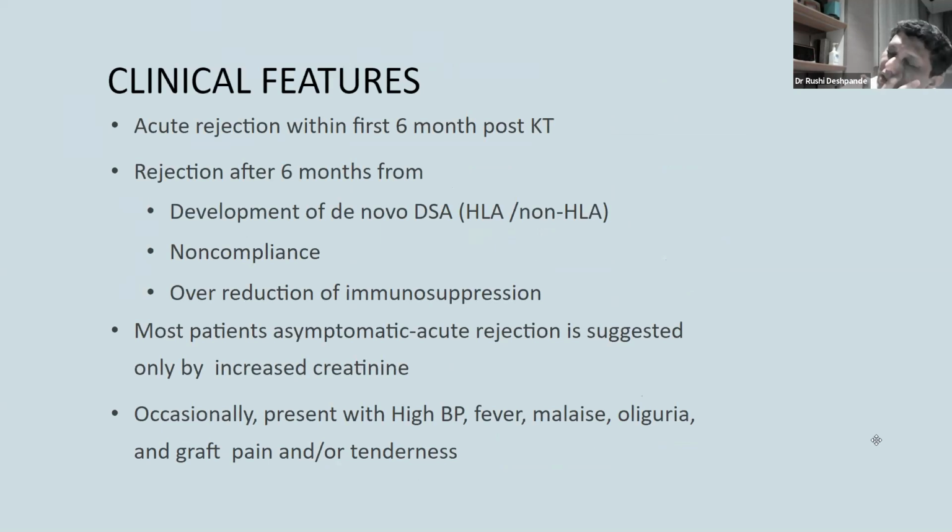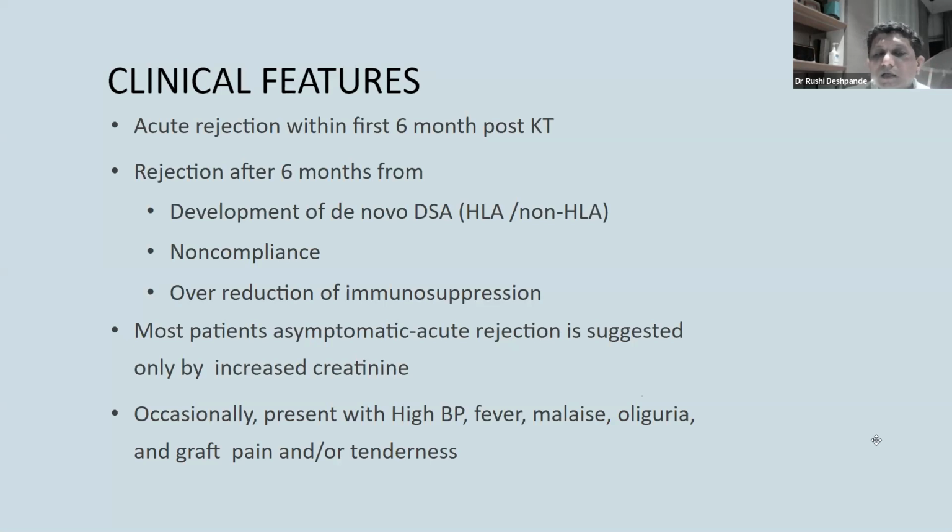There's no real test to tell you how much immunosuppression is adequate. There's no one test that you can do. We can do drug levels, we can do biochemistry, we can do clinical monitoring. There's no one test to tell us whether we are doing enough or more than enough. So it's a tightrope walk, and there's no perfect way to do it even now. When you undershoot and give fewer medicines than required, the effector arm of the immunological response can take over and make antibodies and cause rejection.